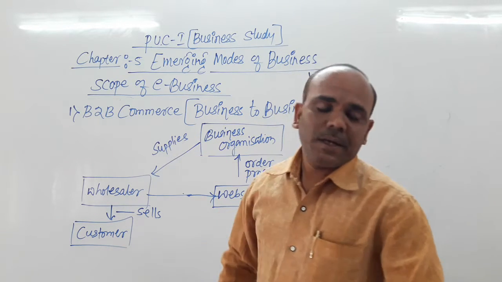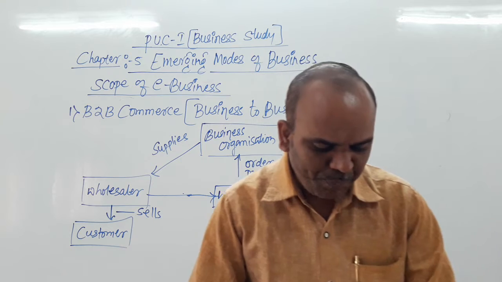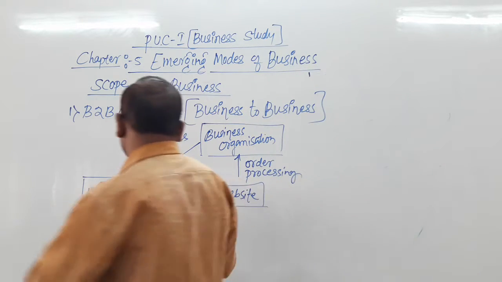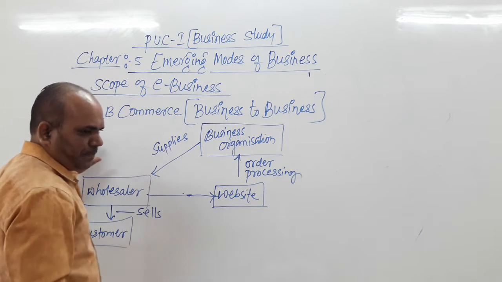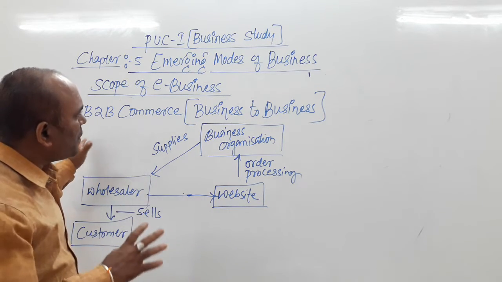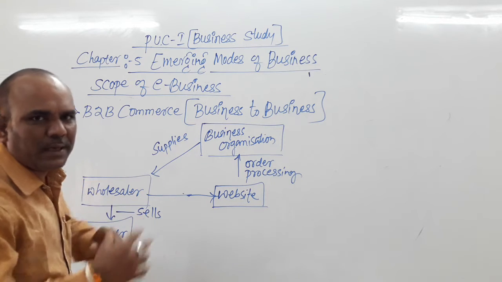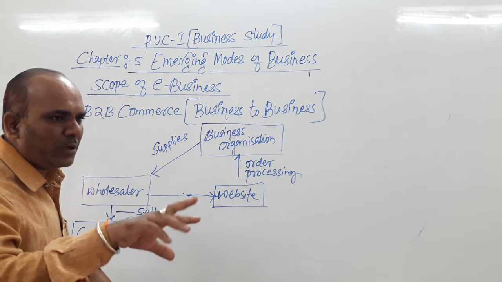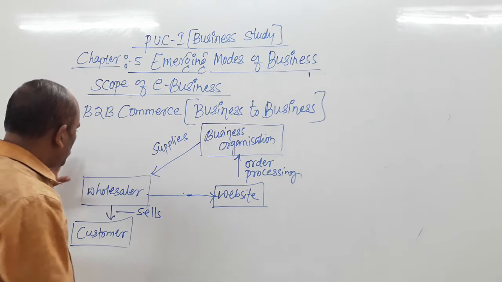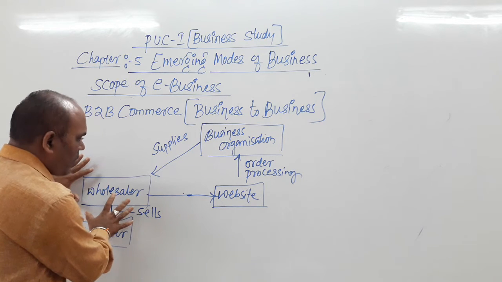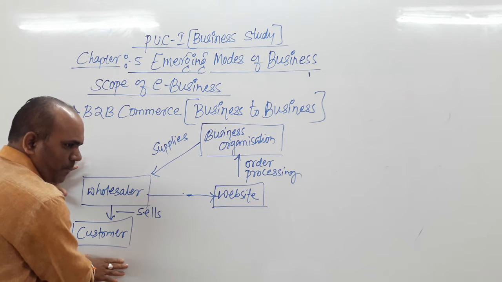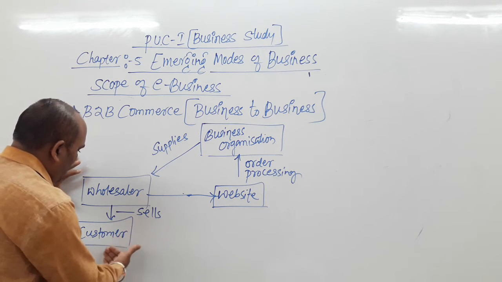Or business firms, and hence the name B2B. It means business to business. How does this go on? This chart will make it clear how business to business communications will be there. It means how these both organizations are involved in e-commerce. Just this wholesaler selling the goods to the customers. It means how customers